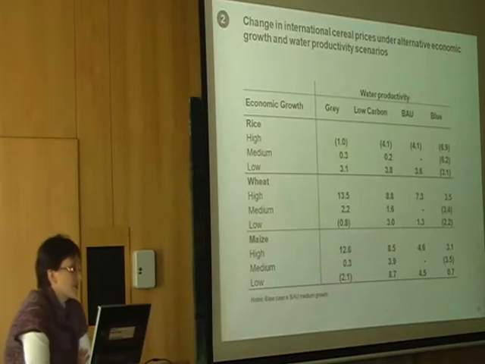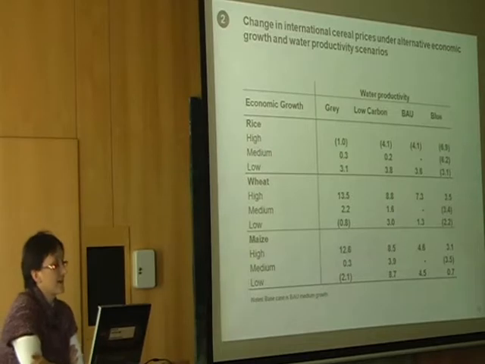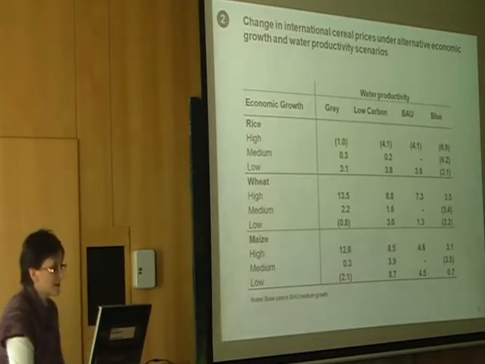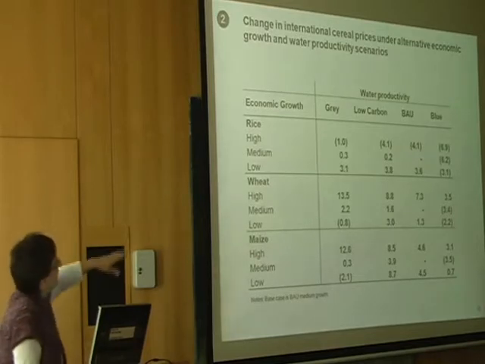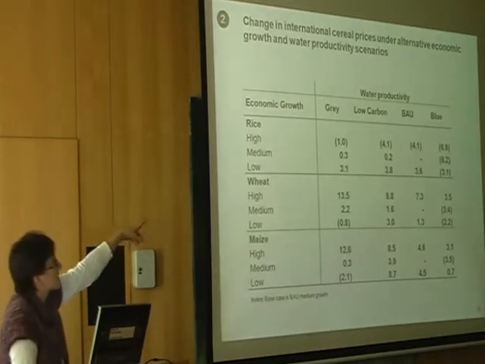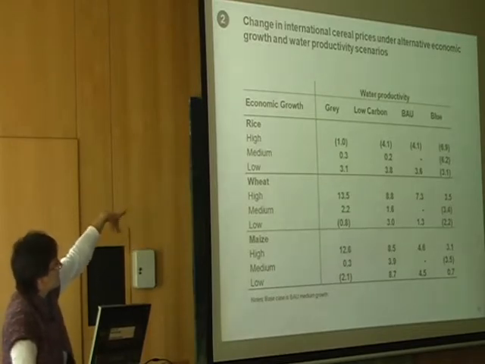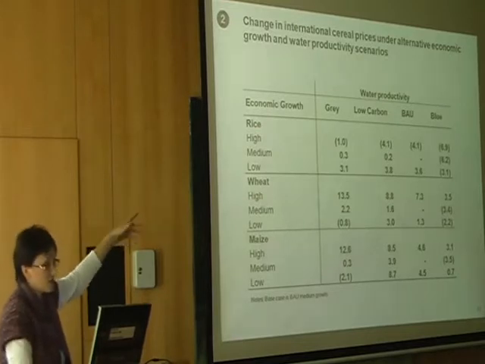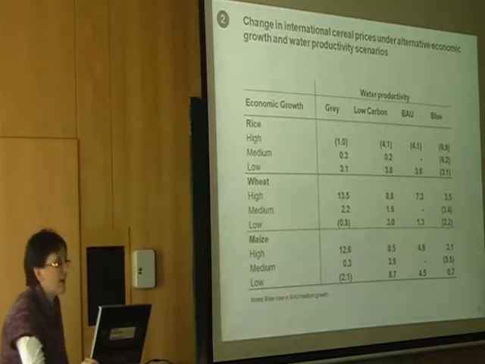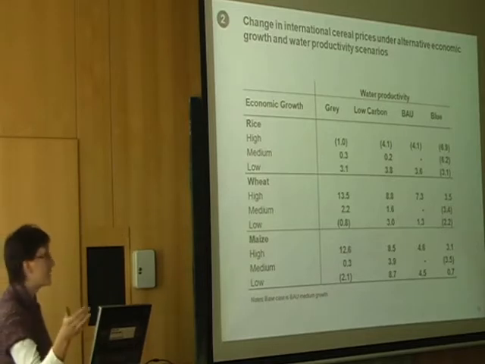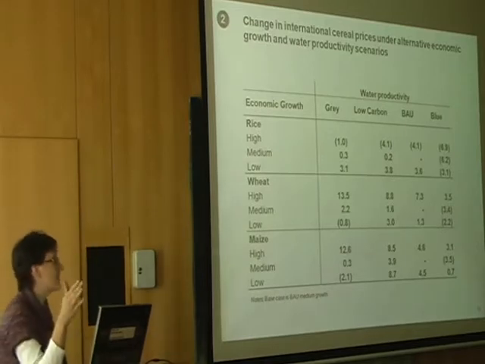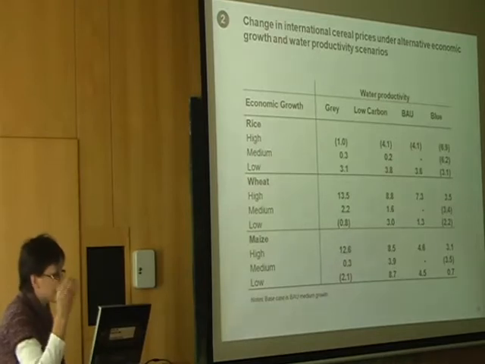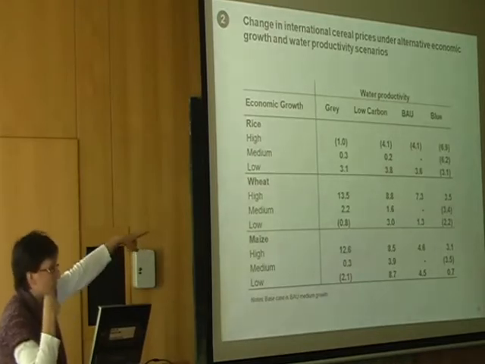As I've mentioned, water scarcity is a more local phenomenon, but it does affect international food prices because we are trading cereals more than we trade water. This shows again, under those various scenarios, gray, low carbon, BAU and blue, how rice, wheat and maize prices change. Generally under that high water productivity blue scenario we see a decline, so the brackets mean we see a decline